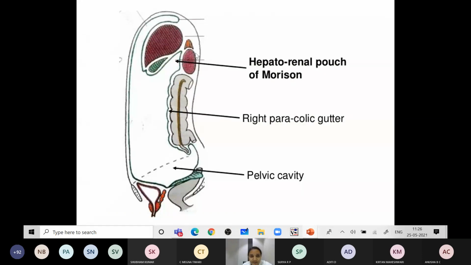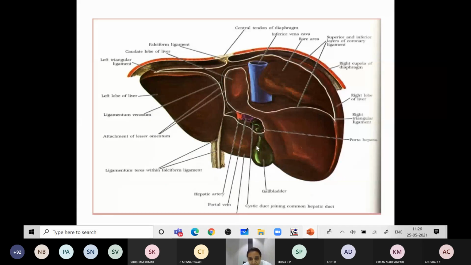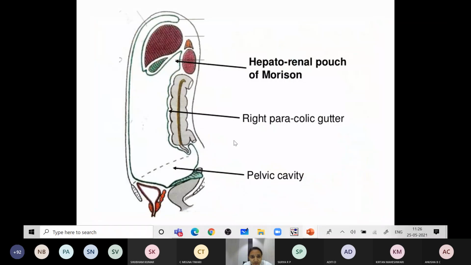this is the sagittal section from the gallbladder. From this part, fundus of the gallbladder, quadrate lobe of the liver, it is reflected down over the right suprarenal gland and right kidney, right hepatic flexure and the right paracolic, the ascending colon. Okay. So there forms a pouch or a gap between the undersurface of the gallbladder, and the anterior surface of the right kidney, right suprarenal gland, and right hepatic flexure.